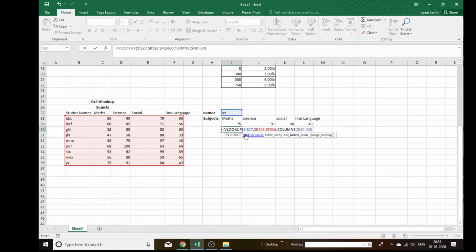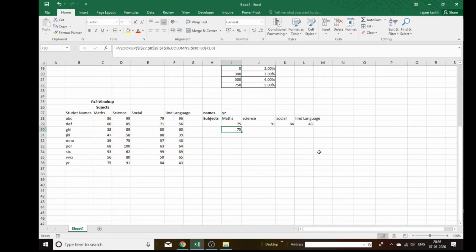To give you the first position. I mean to say that if you press F9, you see this one. You want it from the second unit. Max is in the second position, so you need the second. So you plus 1, comma, 0 for exact match. Just value. So this is the second method.